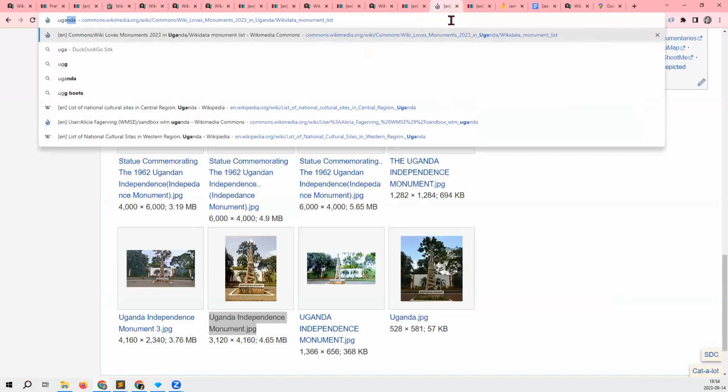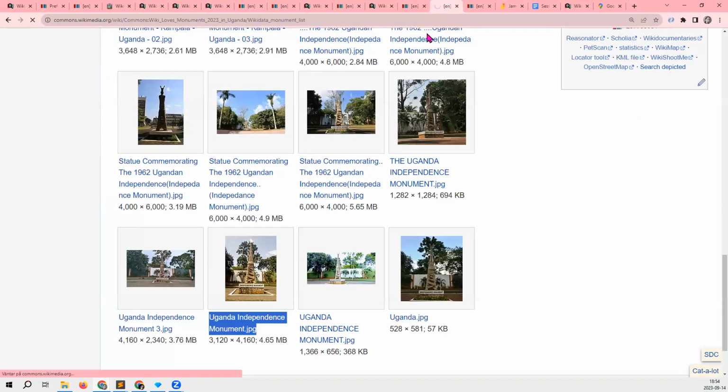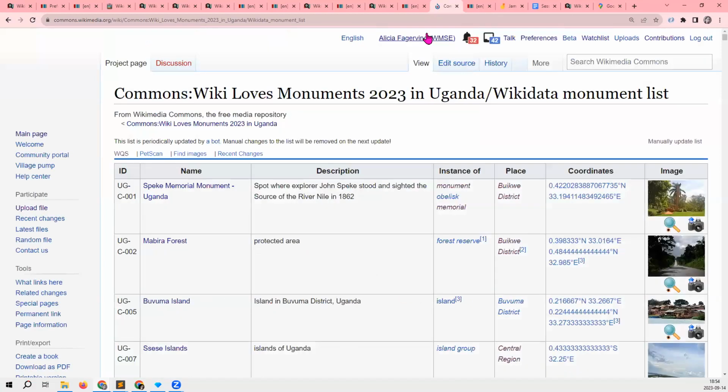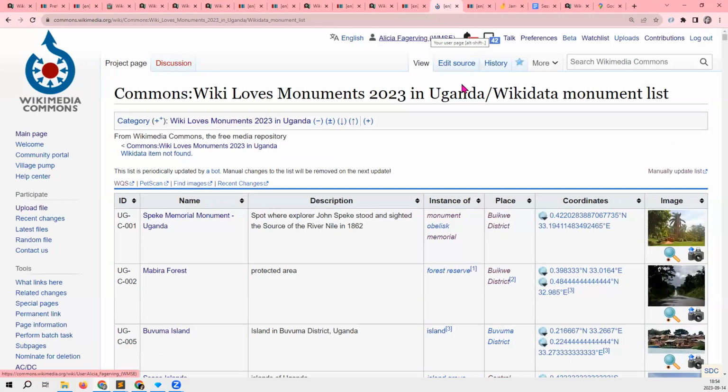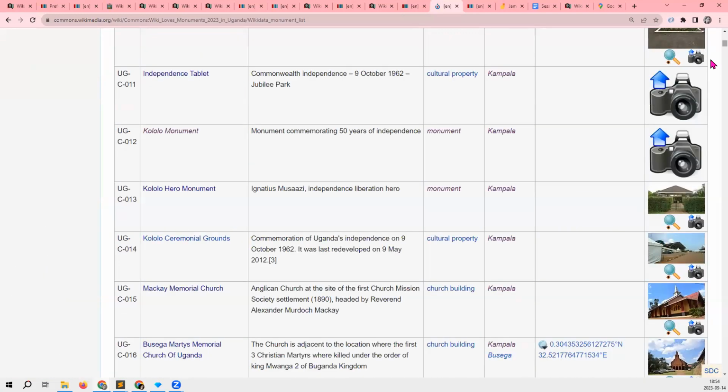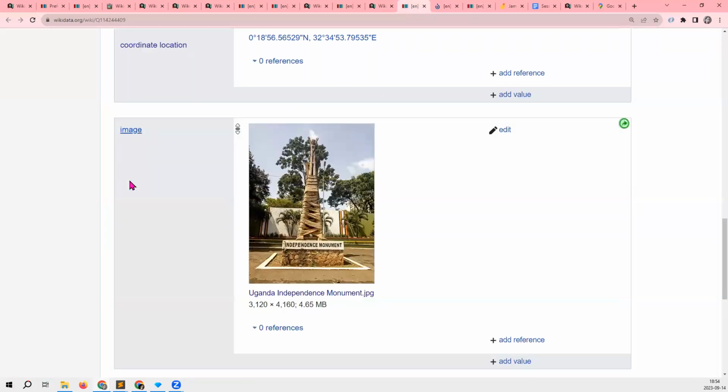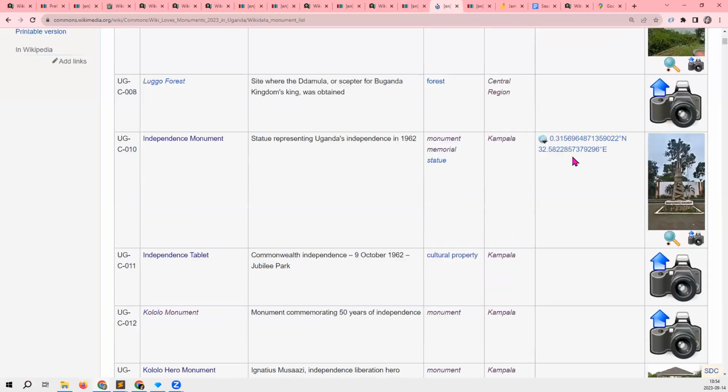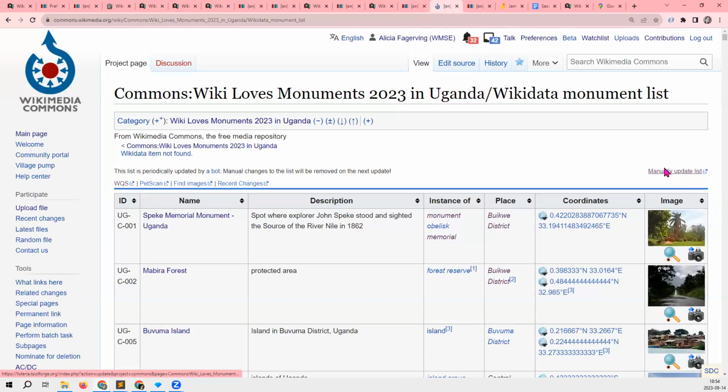I just want to open, yes, here it is, the monument list. This list only shows the photos that are added as image to the Wikidata item. Another thing about this list, it is normally updated automatically by a bot.